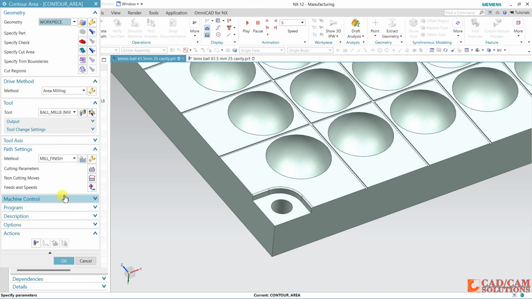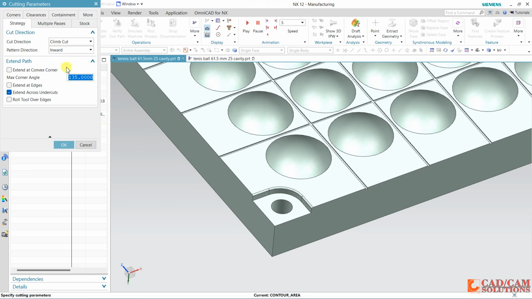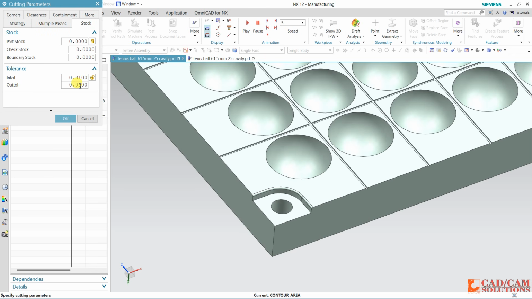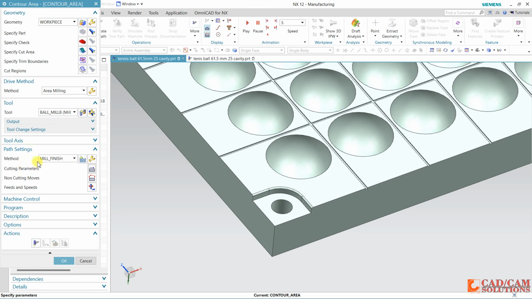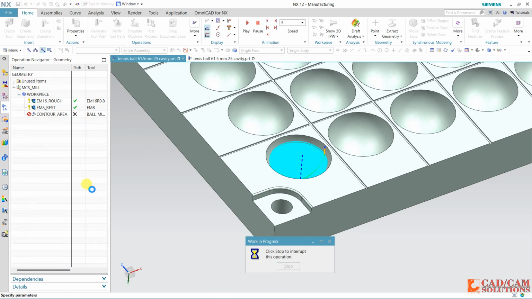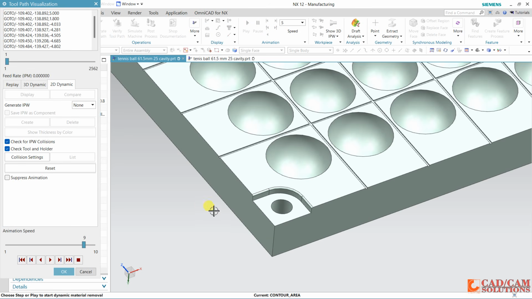Okay, and for cutting operation, cut pattern inward or outward you can define from here, multiple passes, and stock is 0, and tolerance. Okay, generate. This feed and speed still remains, and click here and see the result.